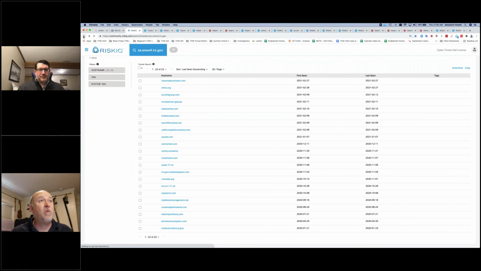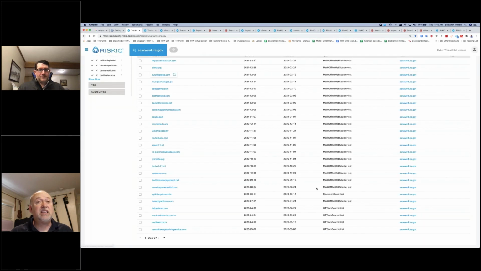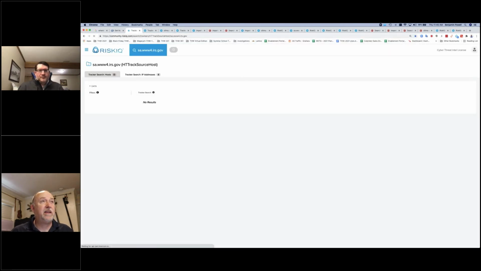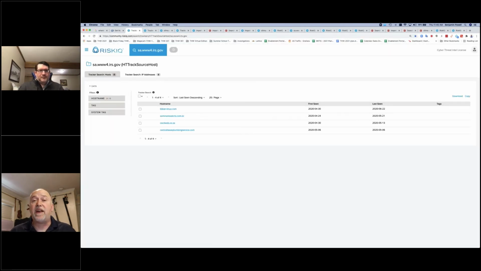If I wanted to do one for HTT track, I can come in here and copy that, and I can edit the URL, and I can paste that in, and that's how you do it. So this is what you can do for finding those components as well. Once you have the component there and you want something specific, you can go up and edit the URL and put in the version number and things like that. And that's how you can find these, okay?